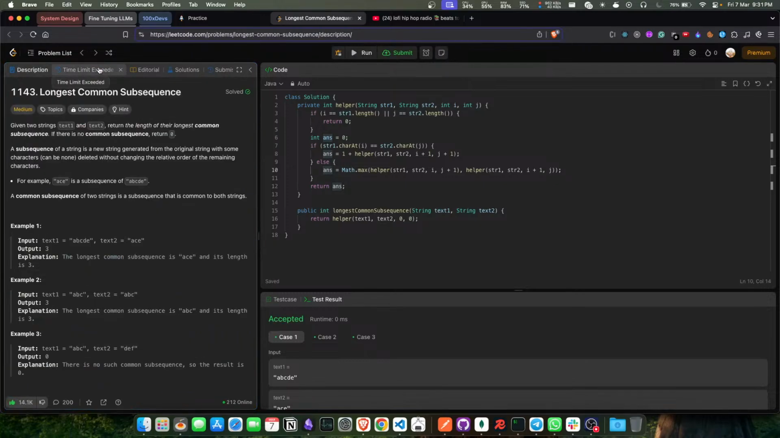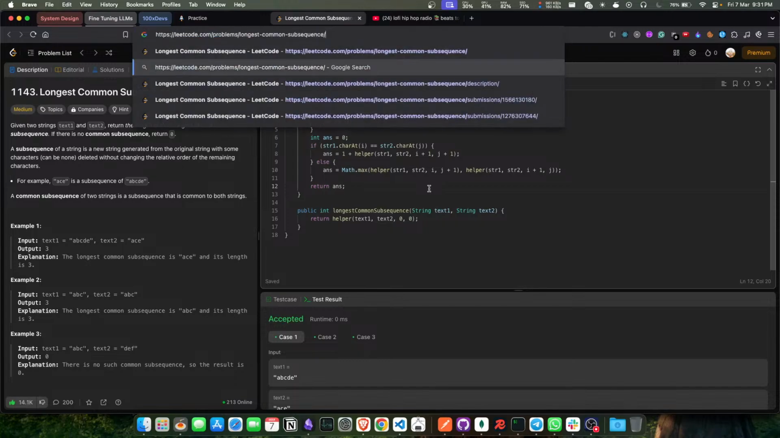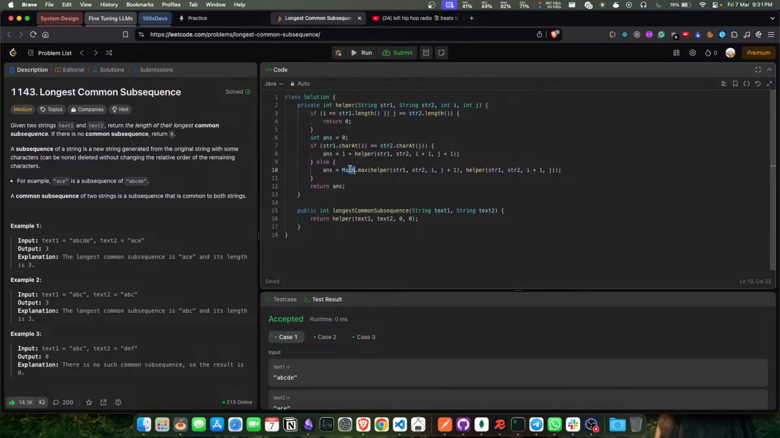Alright, it gave TLE. Of course, we basically need to optimize it further. It can be done using DP. Basically, for every single combination of indexes, we can keep track of the current maximum length, right? So this way it will only go once through the whole string for that particular index. So we can do something like